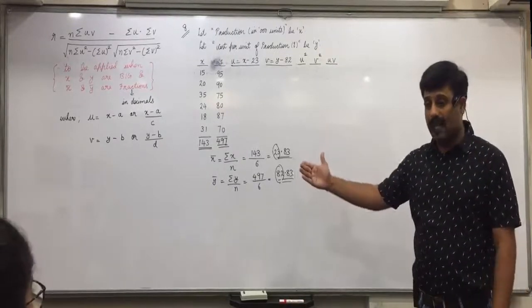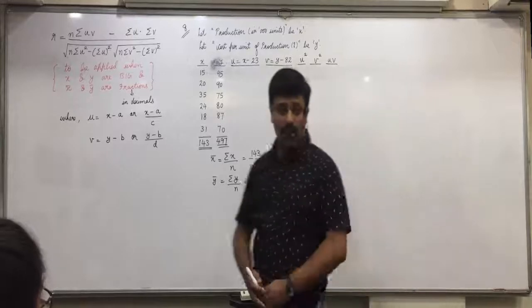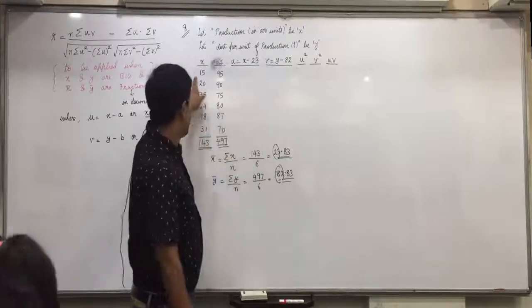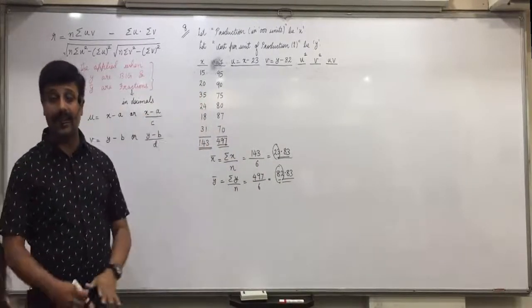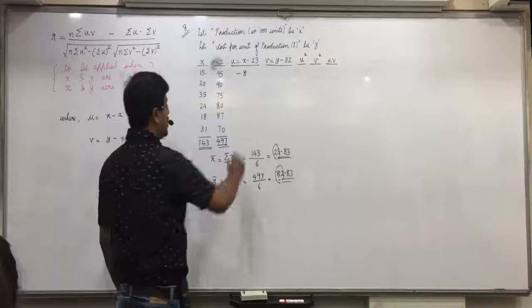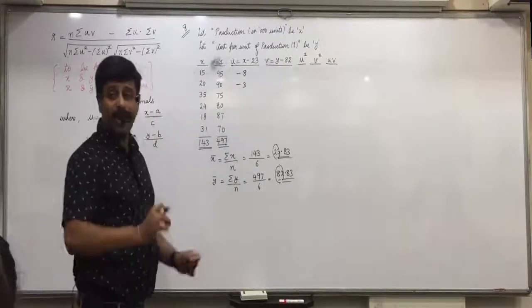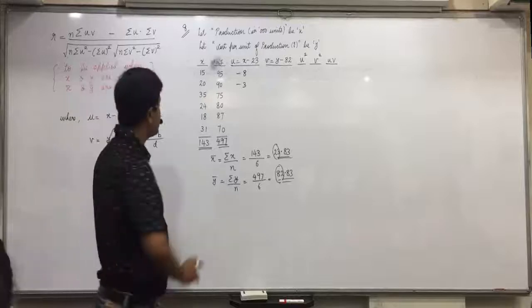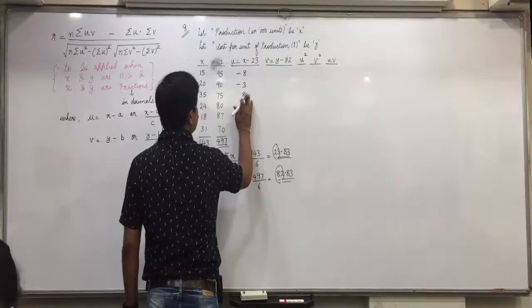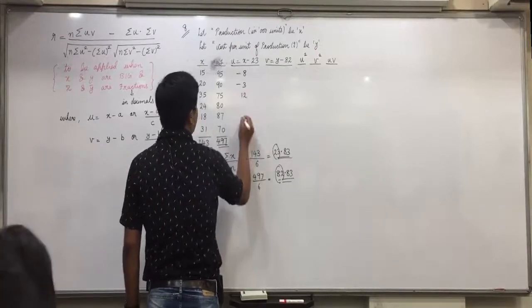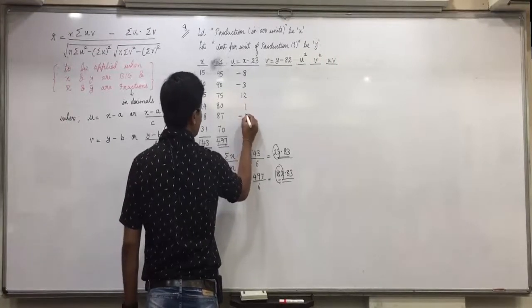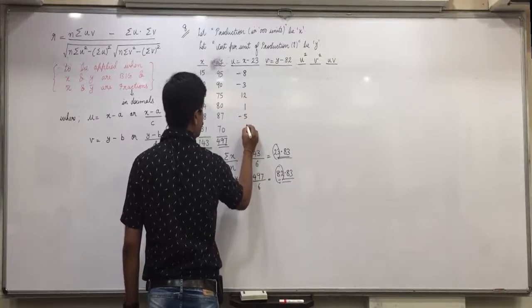Now the calculations are same way as we did. On the Casio you can do that shortcut. From all the values of x you will minus 23. So do 15 minus 23 equals to minus 8. Then directly 20 equals to minus 3, and Casio will do 20 minus 23 completely. Okay? 35 equals to 12. 24 equals to 1. 18 equals to minus 5. And 31 equals to 8.